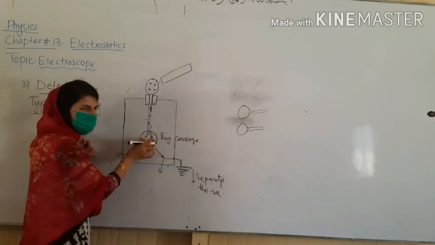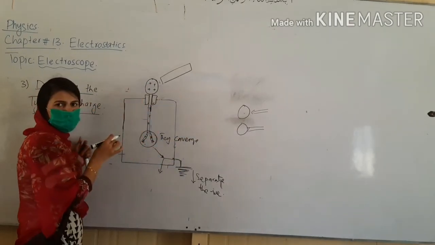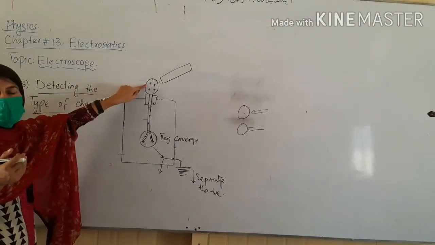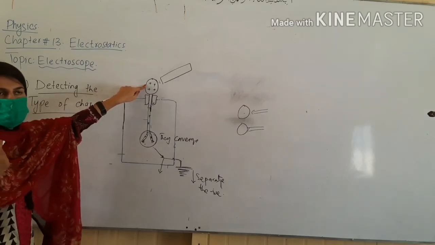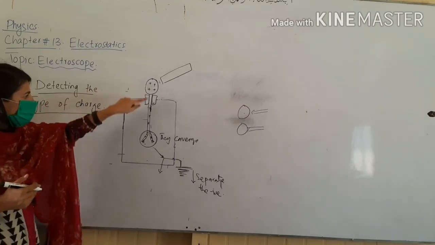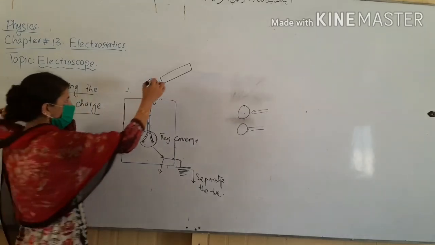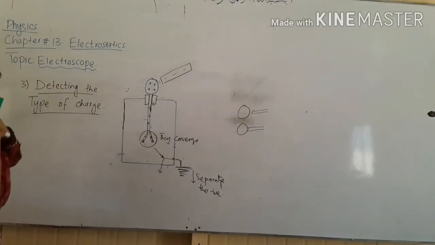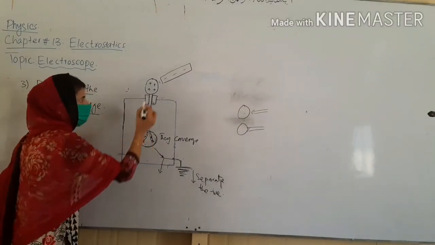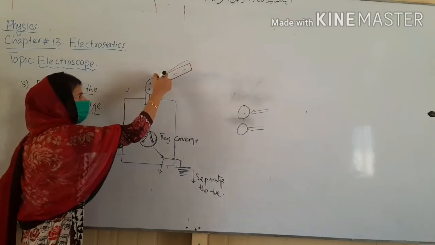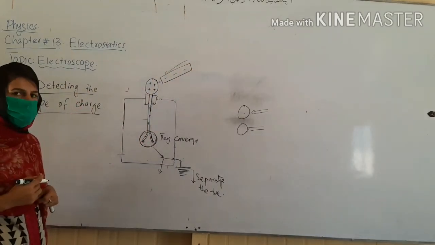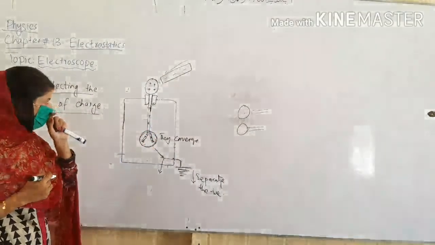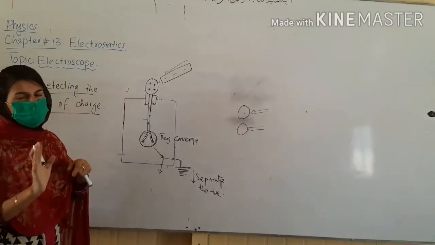it means positive charges are moving towards the disk, and under what condition will they move in this direction? When they offer some attraction. And how will they offer some attraction? When there is a negative charge, that's how they will offer the attraction. So you can say that if the leaves converge, then the body near the electroscope will be negatively charged, under the condition that the electroscope is positively charged. Must mention here. ठीक है? अगर ये negatively charged होगी तो इसकी opposite condition होगी.